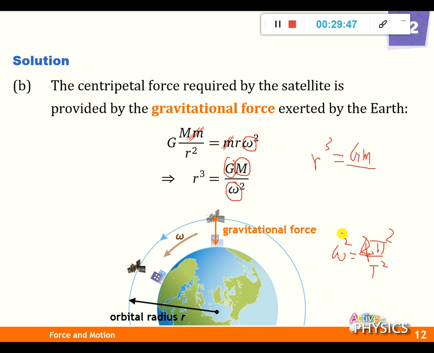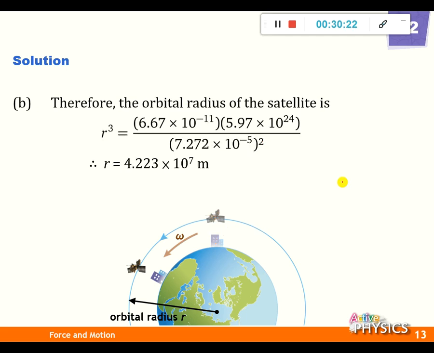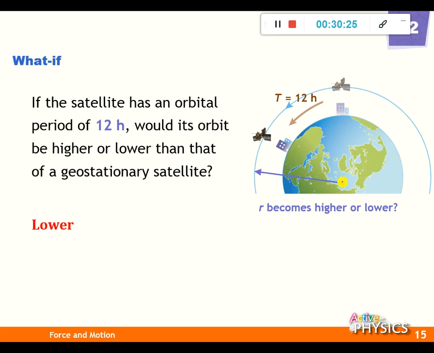Over it means that you should invert it. Then this one should be 4 pi squared, and this one should be T squared. G is a constant, mass no change, pi no change. Here, the bracket is a constant. Then you can see that the period is less, because originally it was 24 hours, now down to only 12 hours. Then it means that the whole thing will be less than before. R should be smaller than before. Final answer, lower.